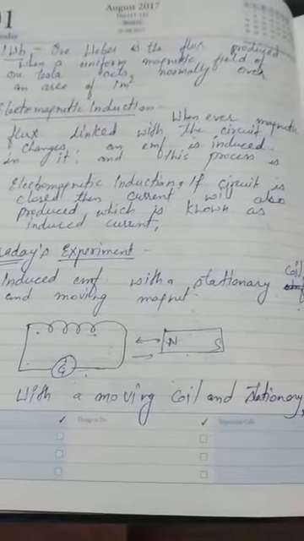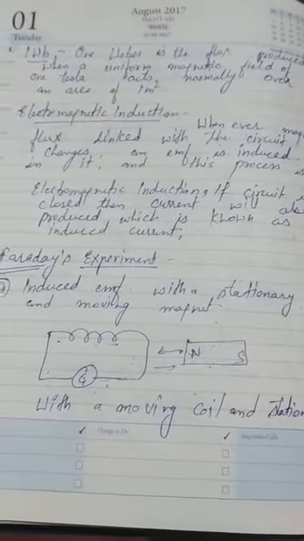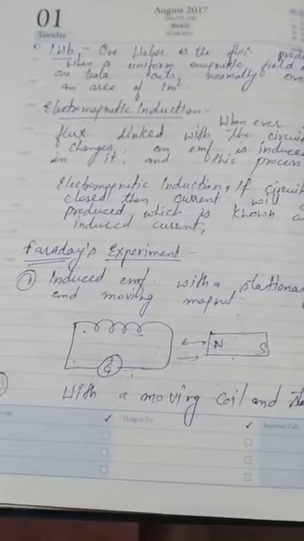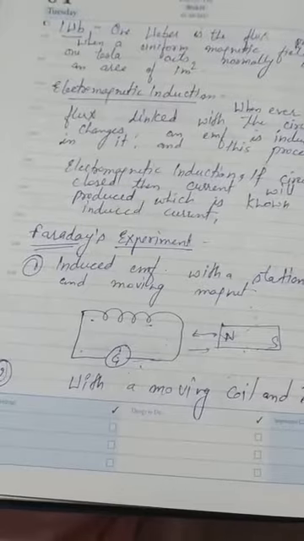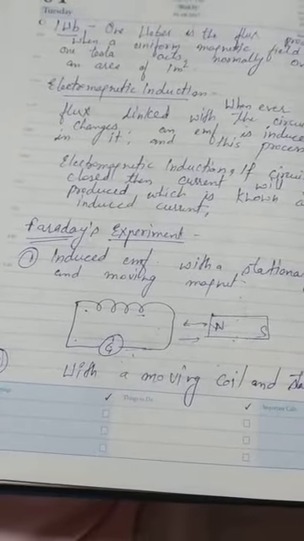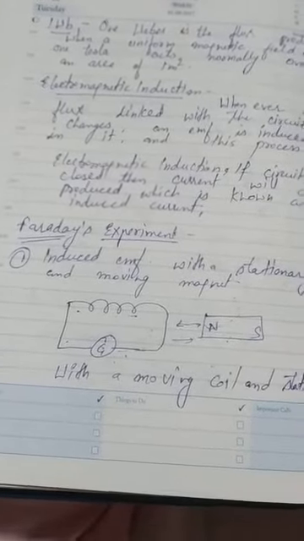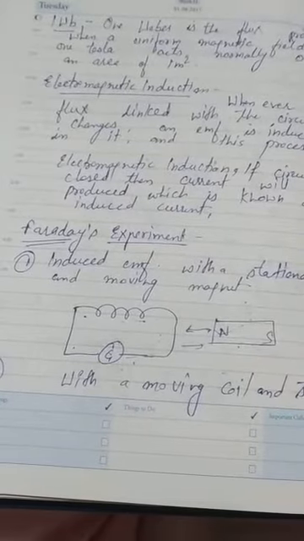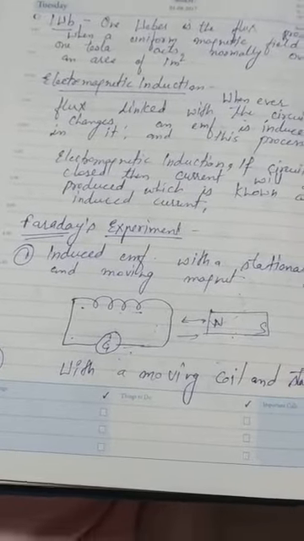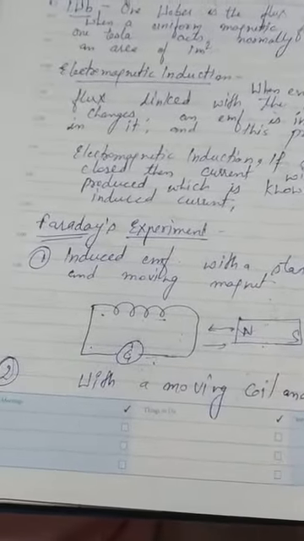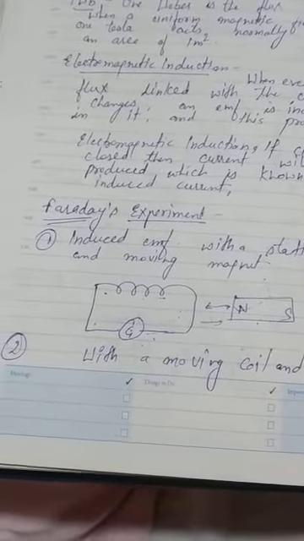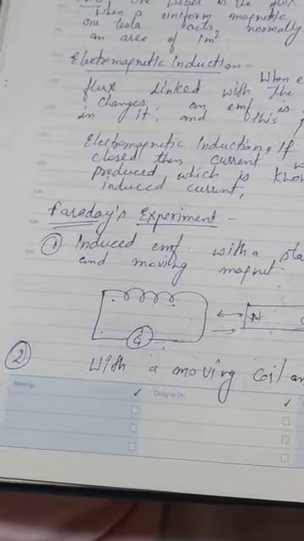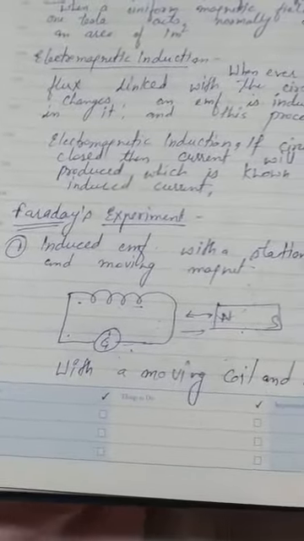That is the whole purpose of the electromagnetic induction phenomenon. Using this phenomenon, we induce current and EMF. This will happen only when the magnetic flux is changed, and we can change it by any method: by moving the coil, by moving the magnet, or by changing the current also. Clear now?